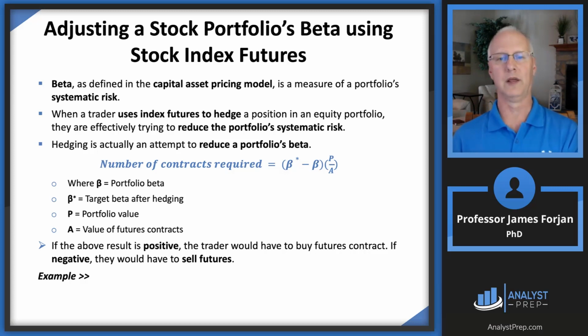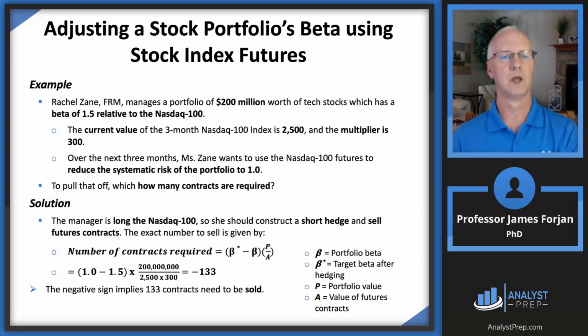And there's a good formula there. We're going to take the target beta and subtract that from the beta of the portfolio and then adjust it by the difference between the portfolio value and the value of the futures contract. Now that might look like a little bit of a strange formula, but let me give you an example. Let's suppose we're a portfolio manager,